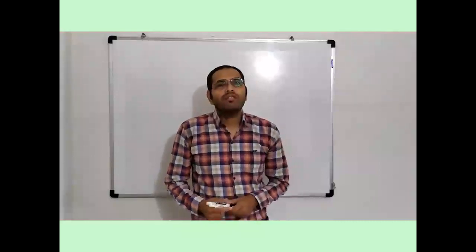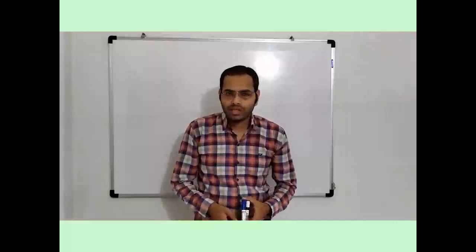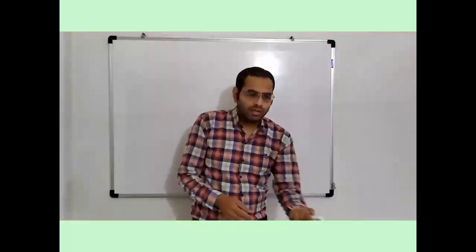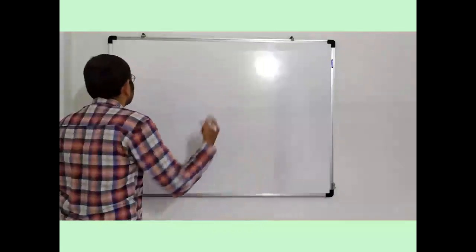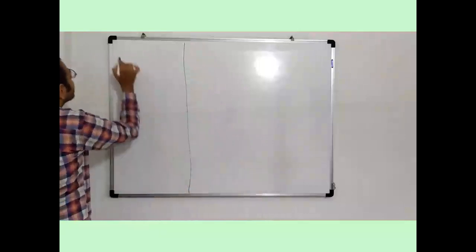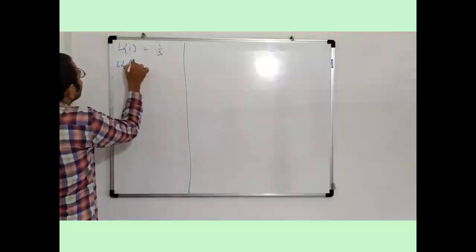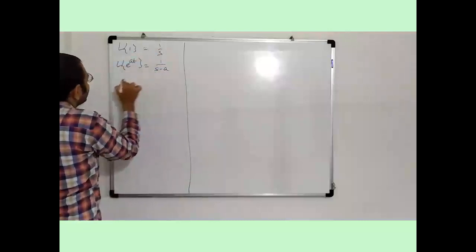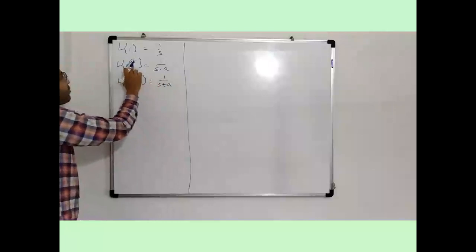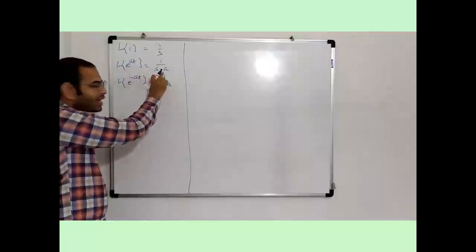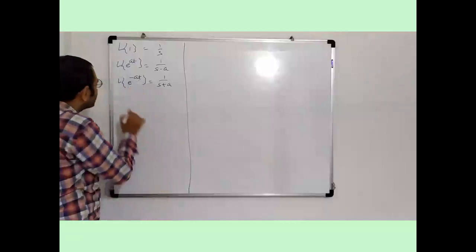In the earlier lecture, we already discussed the definition of the Laplace transform, some basic formulas, and examples. Let's start with the basic formulas and examples of them. We already proved these formulas. Laplace of 1 is 1 upon s. Laplace of e raised to at is 1 upon s minus a. Laplace of e raised to minus at is 1 upon s plus a. Here the sign is positive in the formula for the negative exponent, and the formula has a negative sign for the positive exponent, where a is any constant.